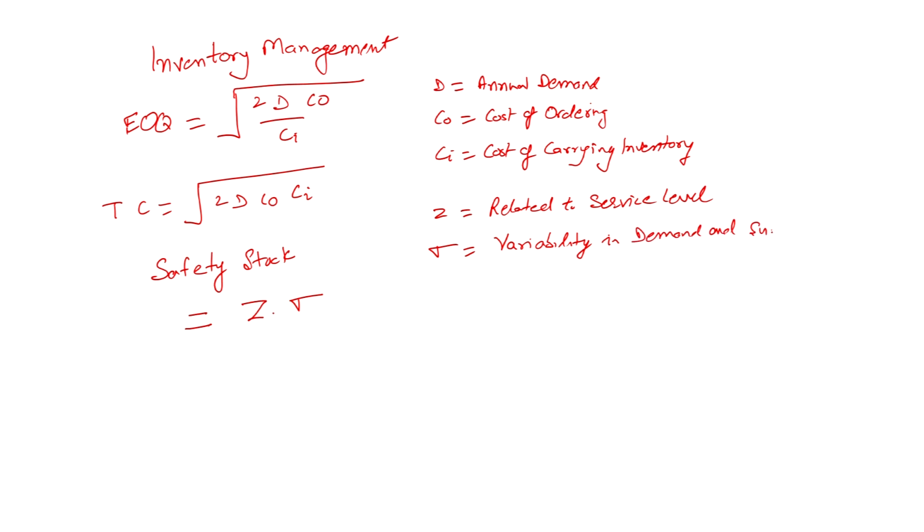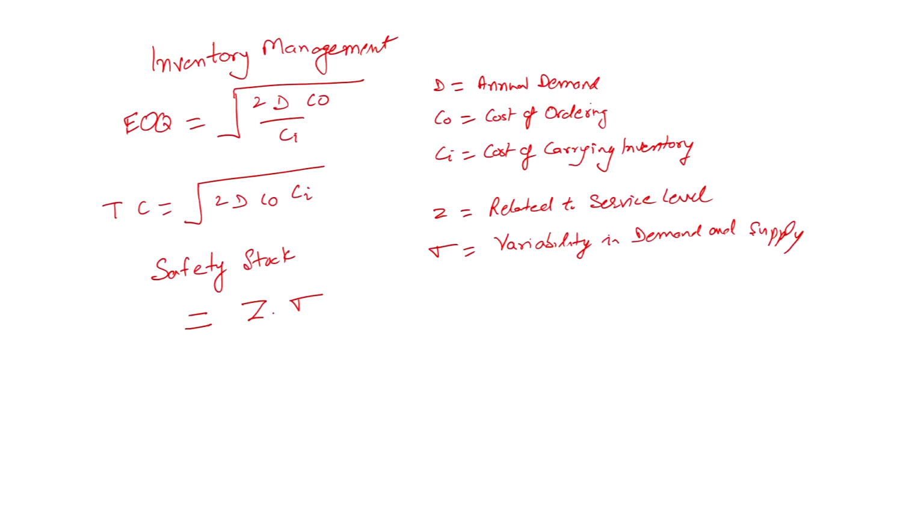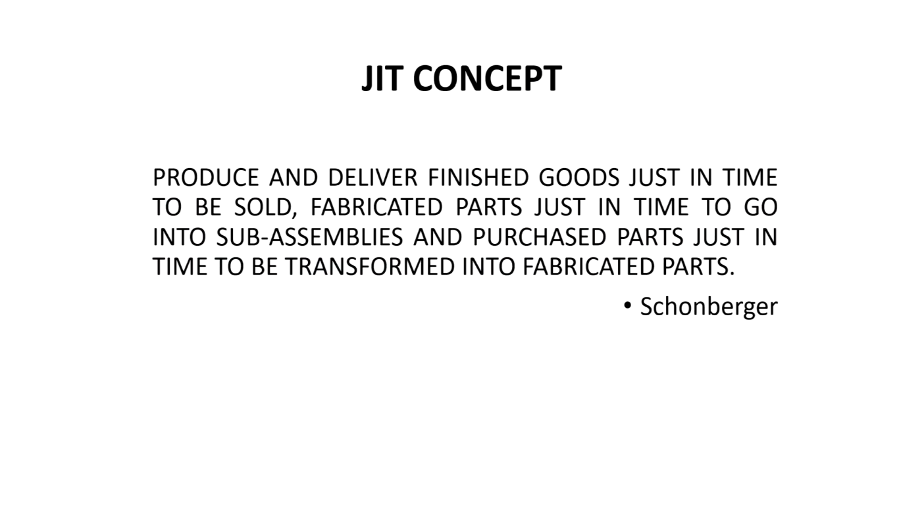So, we will see how to address these issues, so that I need not keep the inventory, I need not keep the safety stocks, and I can respond to the changing requirements through the processes only. So, with this background, let us start understanding the concept of just in time manufacturing system. I am showing you 4 definitions in 4 slides, and then we will comprehend that.